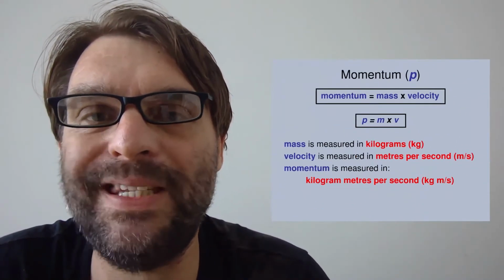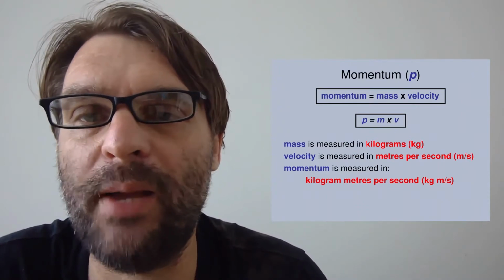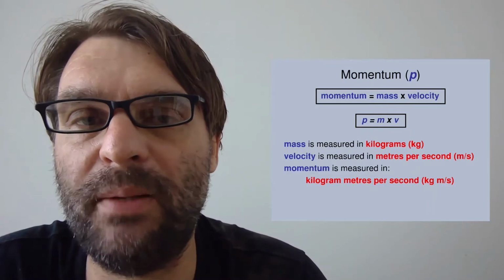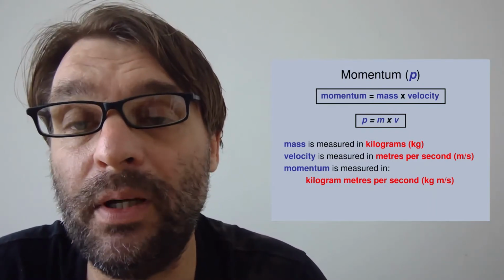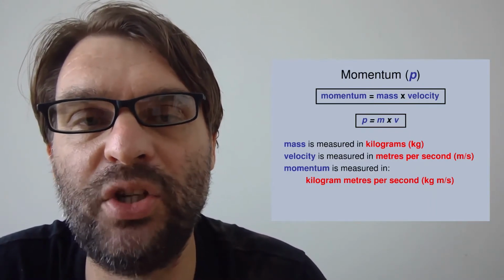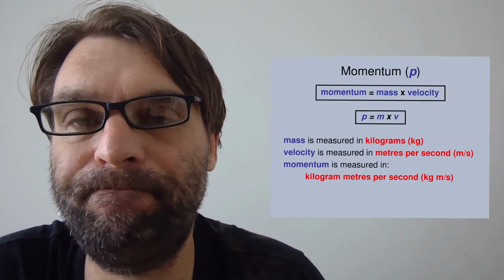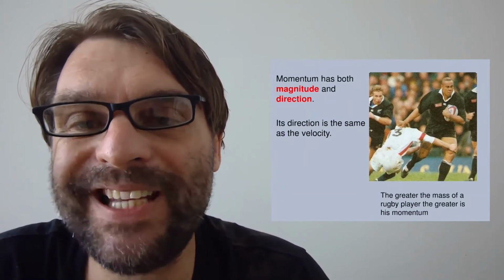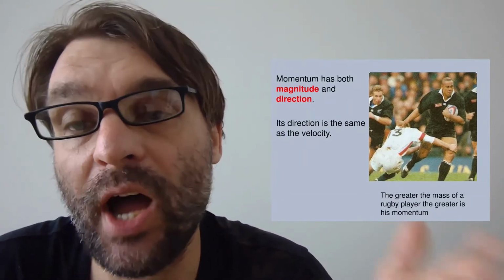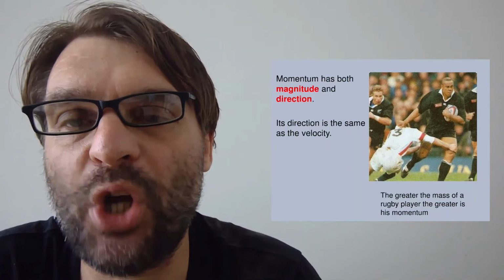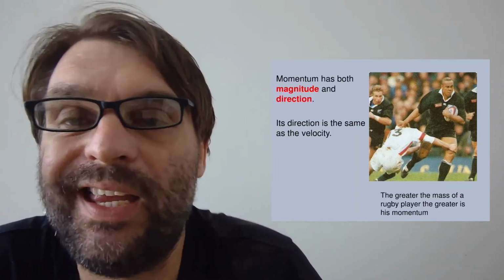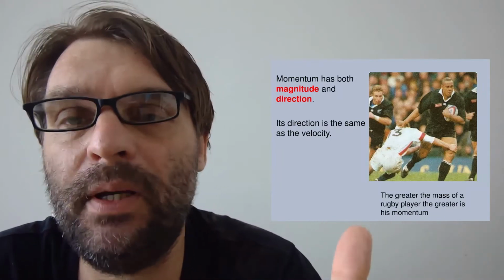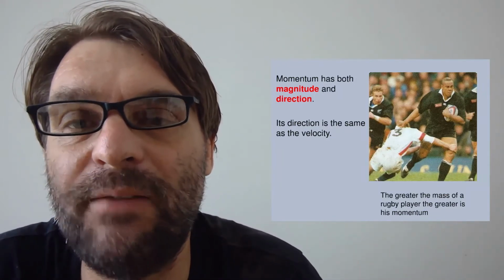So what is momentum? Well, momentum is the mass times the velocity, where mass is measured in kilograms, velocity is measured in meters per second, and momentum, its units are kilograms meters per second. So just like all vectors, momentum can have a size or magnitude and also a direction, be it north, south, east, west. Okay? And the direction of the momentum is going to be the same direction as the velocity the